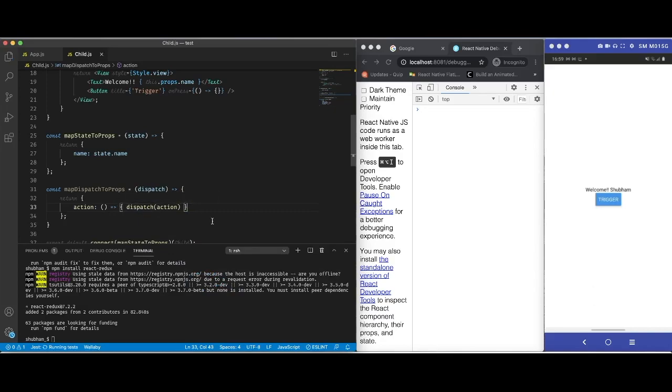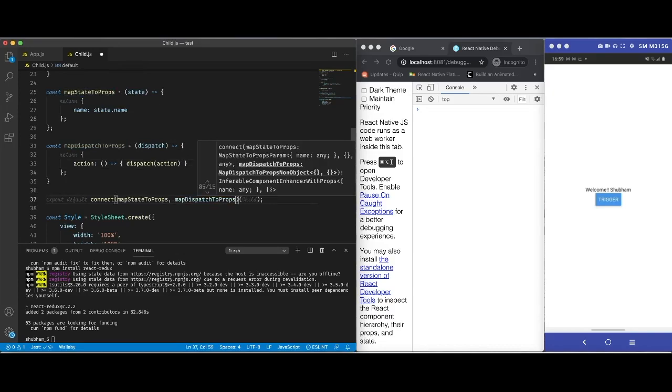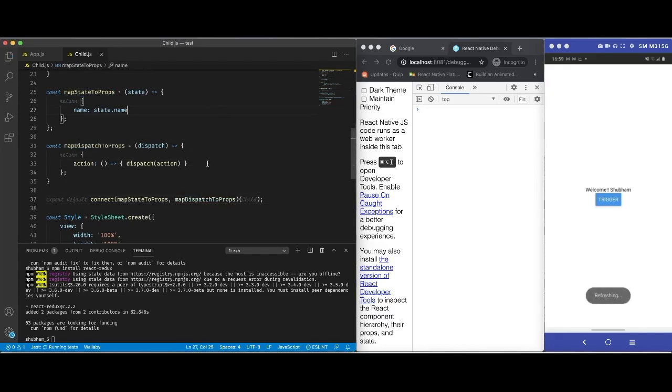Now our dispatch function is ready. We can pass this function to connect. So mapDispatchToProps is available to the component, and now we can use this inside the component.